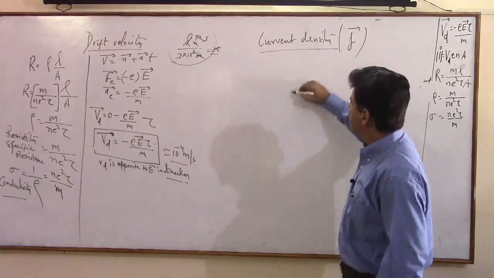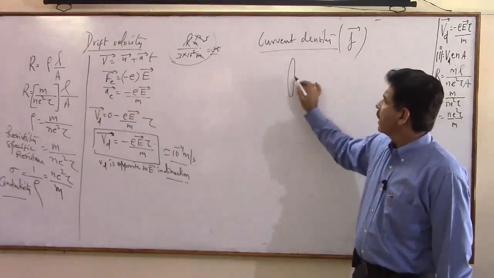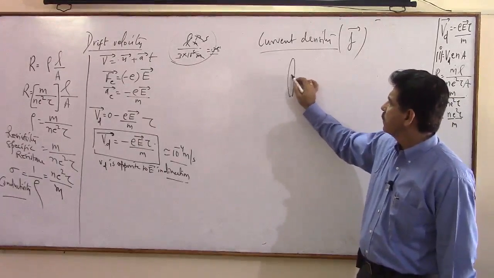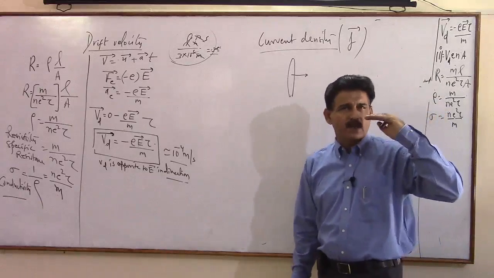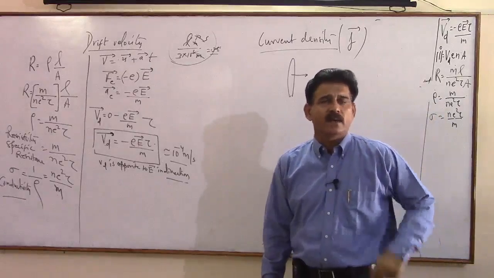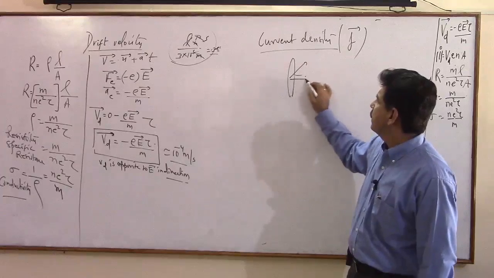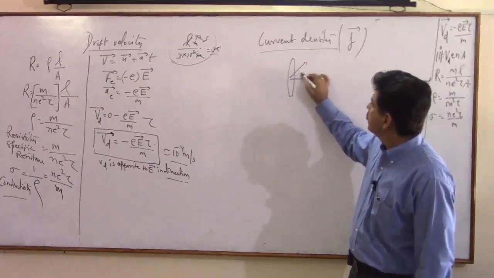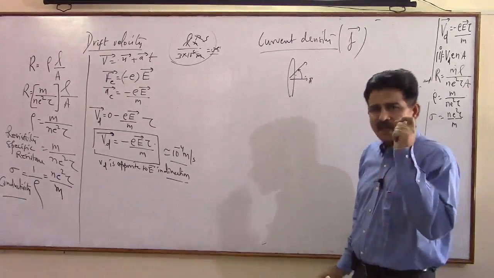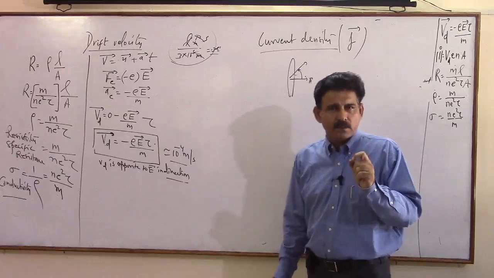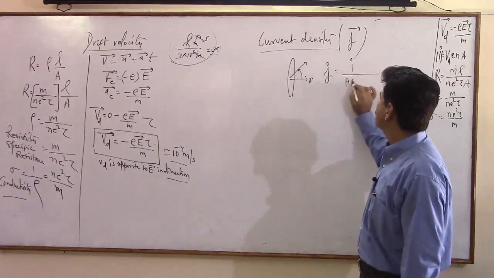देखिए कोई भी कंडक्टर है ना, उसमें अगर करंट कुछ फ्लो हो रही है I, in which direction? If it is flowing in the direction normal to the conductor, that is in the direction of area vector, very fine. But if the current is going in some other direction and the area vector is pointing in this direction, then you have to take the component of area vector in the direction of the current. So it is a characteristic property of a point which is J is equal to I divided by A cosine